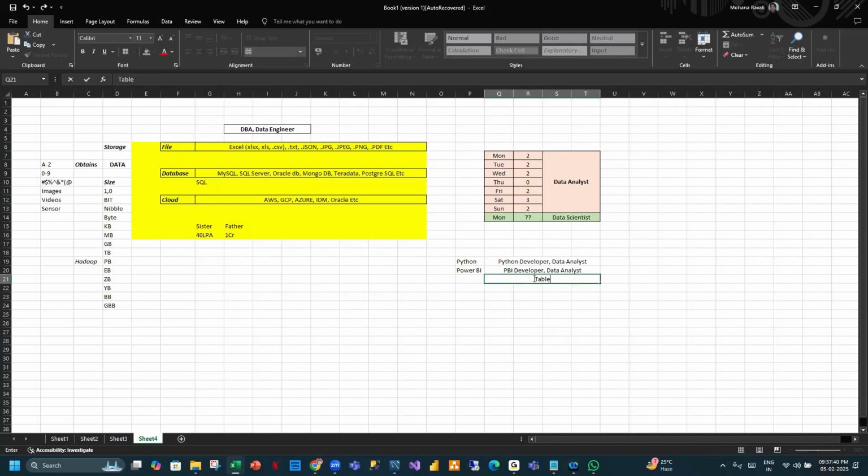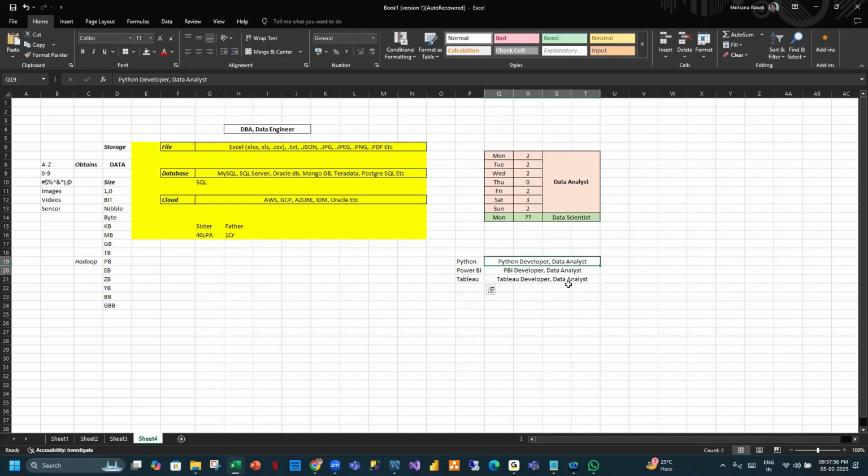If you're working on Tableau, you're called Tableau developer, or you can also be called a data analyst because ultimately you're analyzing the data using this tool, right? Ultimately, these are just the tools which help you to analyze the data. If you're using a database, you're called a SQL developer. You generate SQL queries, right? And manage the data. You can also be called a SQL developer or a data analyst. Based on the language or the tool you're working with, your role will change. But ultimately, you will analyze the data. Got it?